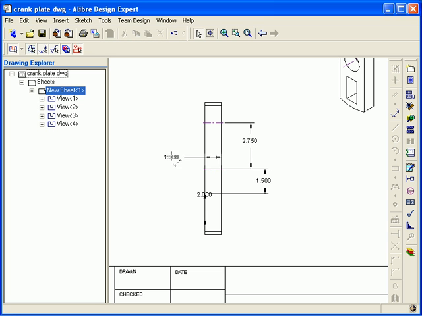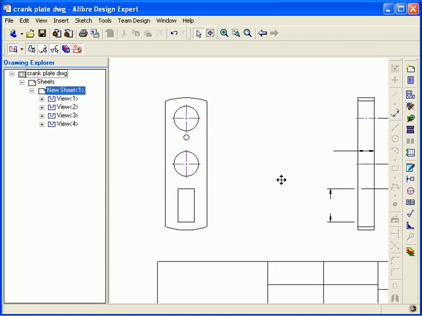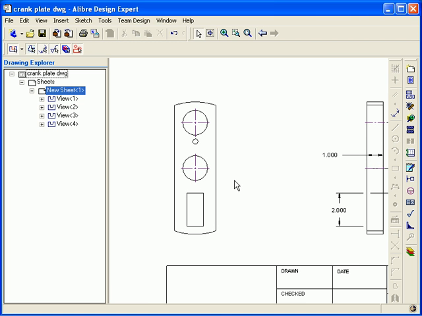So now I'll move these dimensions so that I can see them easily on the right view. Again, just move your mouse pointer over the dimension, left-click, and drag. Release the mouse button when you've positioned the dimension where you want to place it. Now that I've moved all the dimensions where I want them on the right view, I'll move on to the